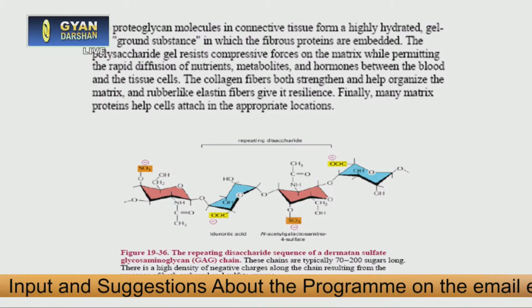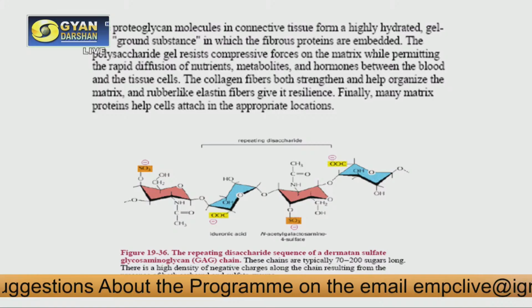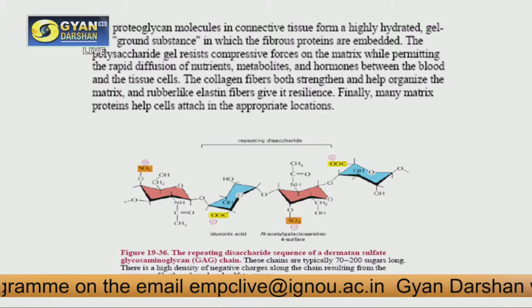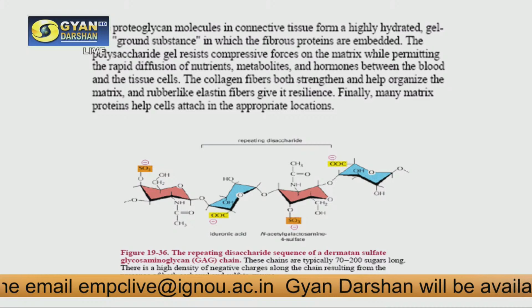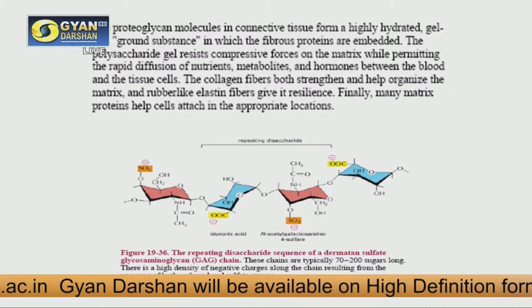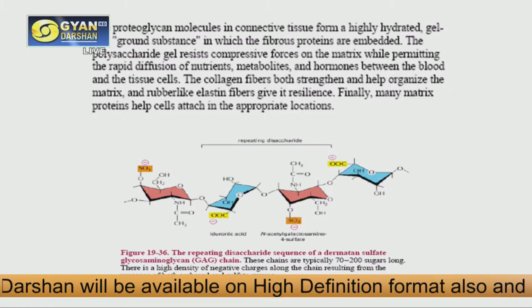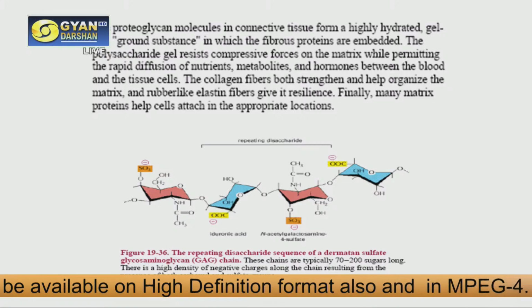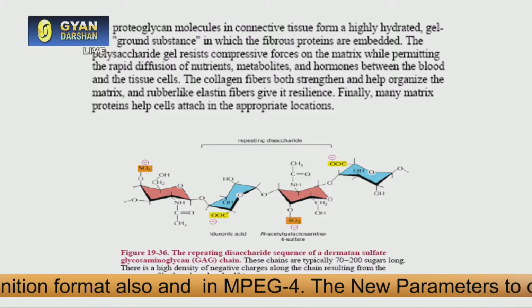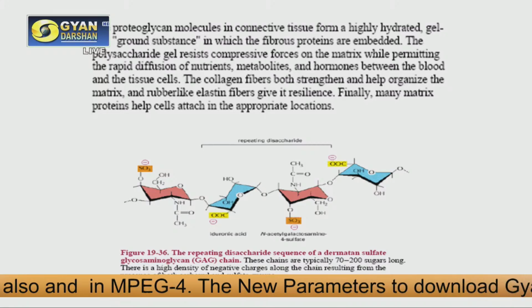So on one hand, it is maintaining the structure, it is resisting the compressive forces, and on the other hand, it also has a role in the diffusion of nutrients, metabolites and so on. So it has two functions. The basic structure, as you can see in the diagram, is that they are typically 70 to 200 sugars long,